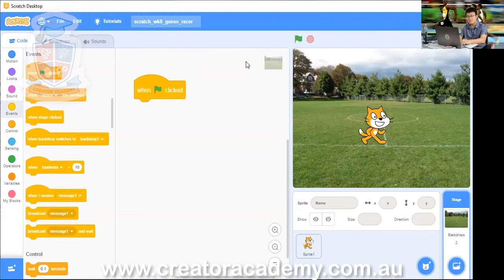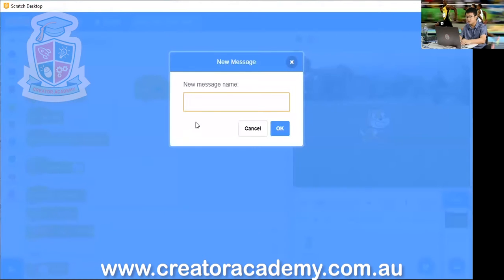So you have a picture of the backdrop in the middle here. And then inside events, we want to go broadcast a message. But instead of broadcasting message 1, like down here, you click on this arrow and then you go new message. So you go broadcast, instead of message 1, you go new message.